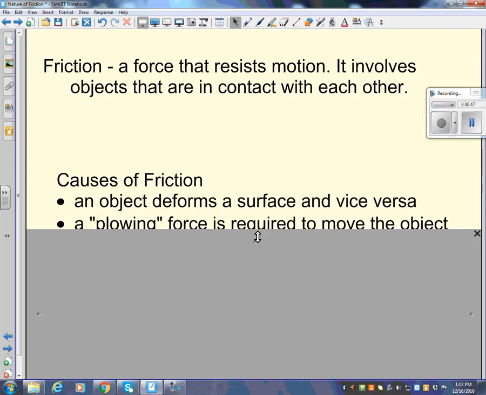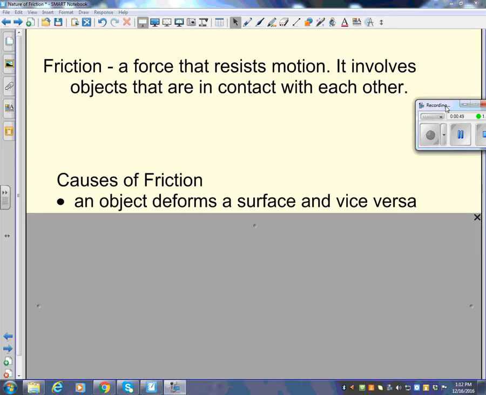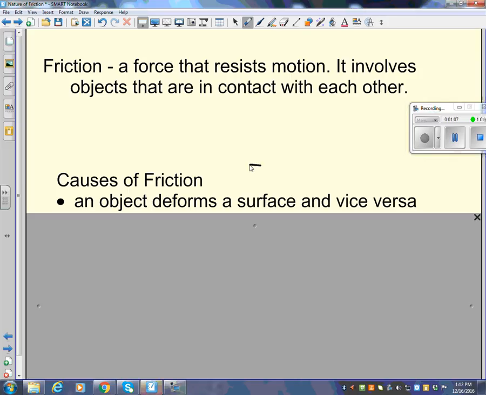Now, what causes friction? Well, there is a theory about friction, fairly well developed, but there's still some research being done on friction. It's not thoroughly understood. It's moving towards a robust theory. So they believe, and again, this is out of that handout, that objects deform surfaces. Like when you put something on a table or whatever,